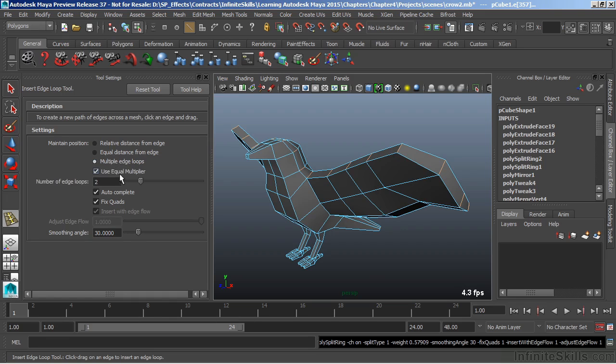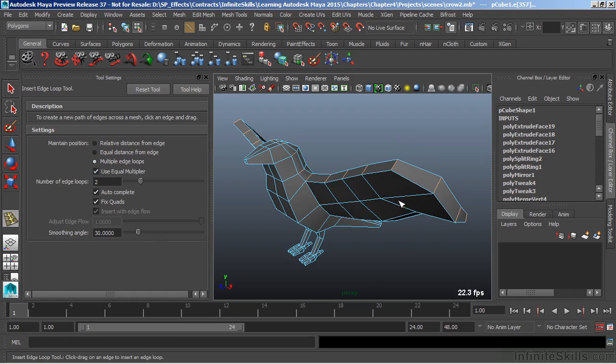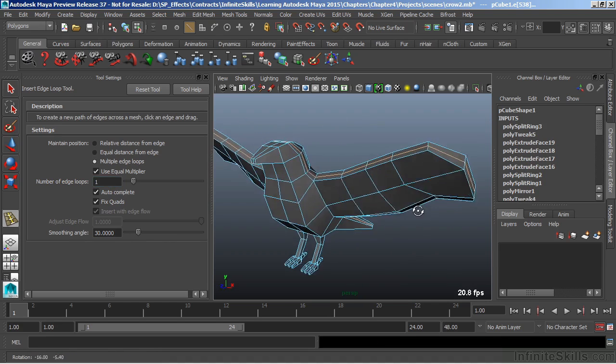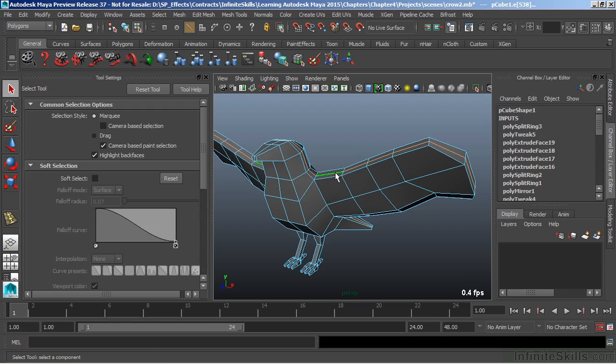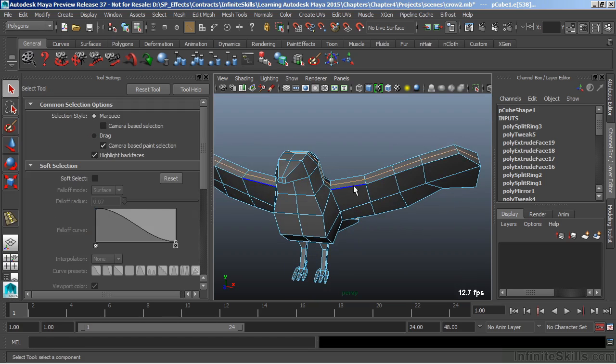And using the equal multiplier, this will place multiple edge loops equally spaced apart. What we can do here, though, is change this to 1. When it's set to 1, we get an edge loop dead center into our geometry. I'm going to stick with that one there. Now, the downside of using that equal multiplier is that we cannot use edge flow directly with it. But that's okay. I need to expand this geometry out a little bit further anyway, so I'm just going to